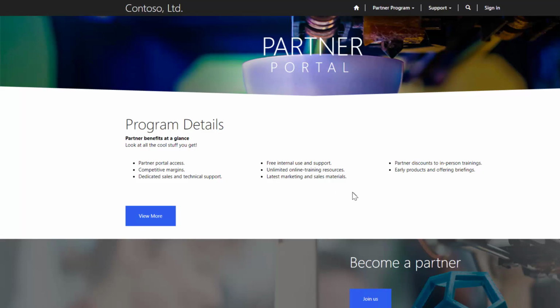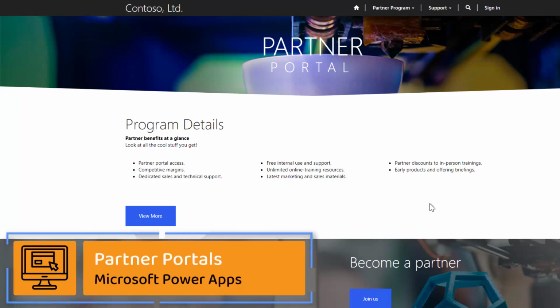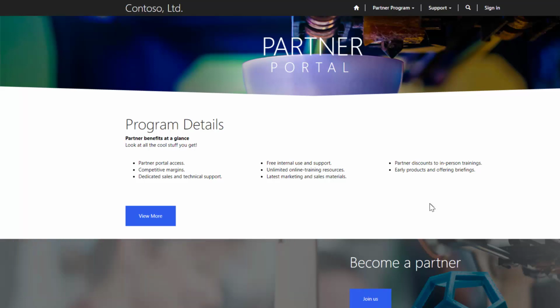Today's video is covering the Power Apps partner portals that Microsoft offer. Why would people want to use this? Well, it's a way of you and your organization sharing activities or your data with external organizations such as resellers, distributors, partners, suppliers. It's a way of giving them a way into your data and bringing them into some of